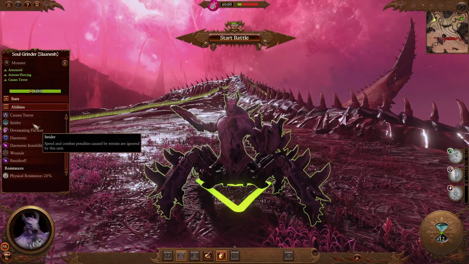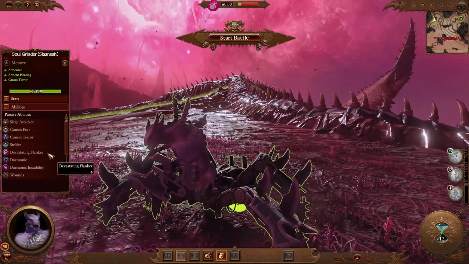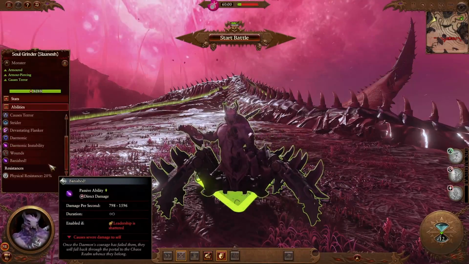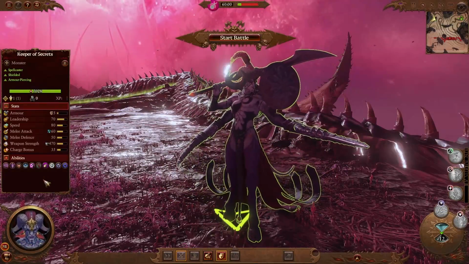It also has Strider, which means it won't be penalized by terrain. Causes fear and terror, which makes it immune to fear and terror. Consider it a siege attacker. We will suffer a bit from the wounds mechanic, and we are a demonic unit with 20% physical resistance. Last but not least, we have the most expensive unit in our roster at 2,000, the Keeper